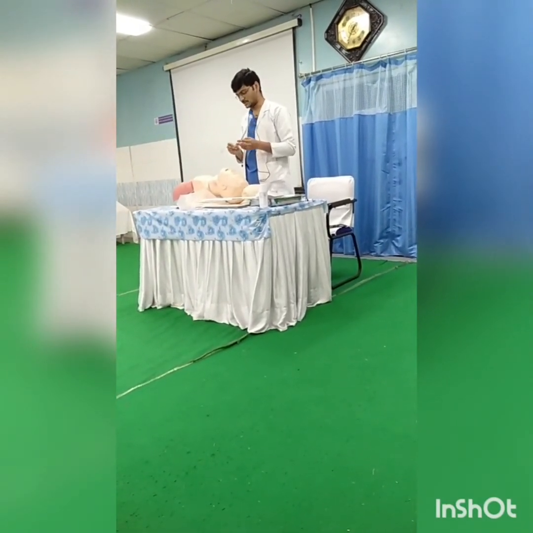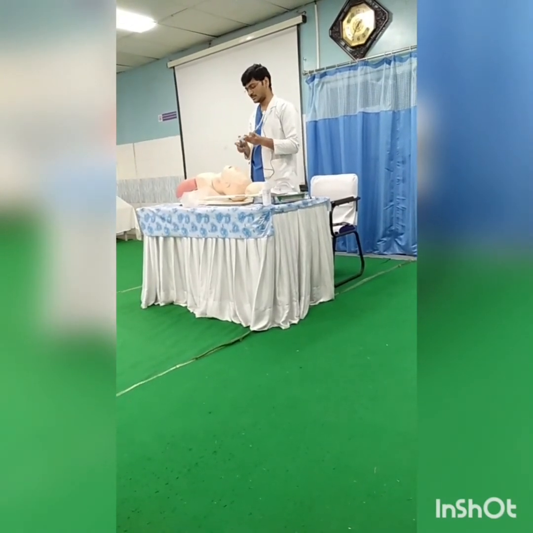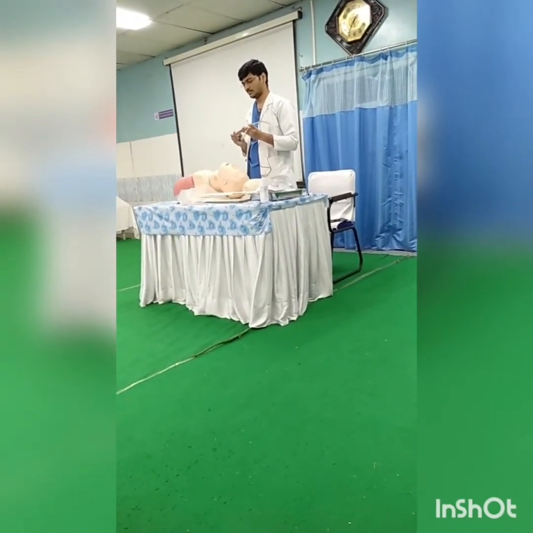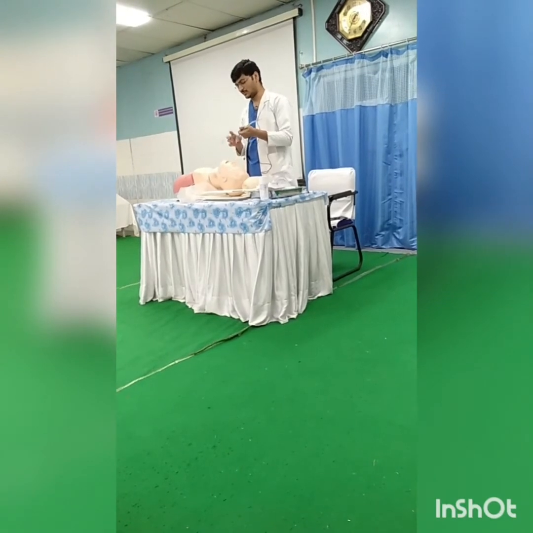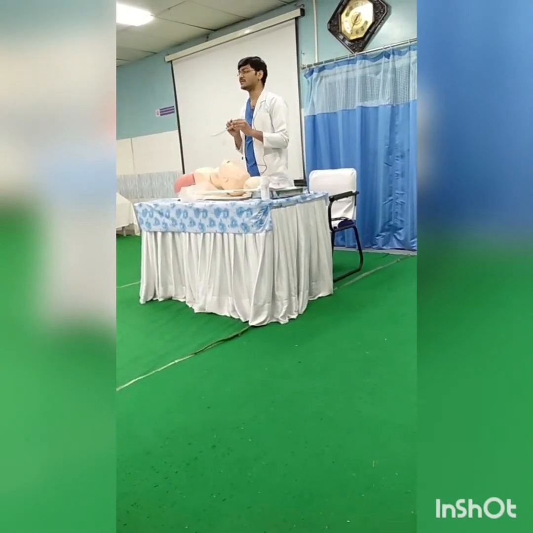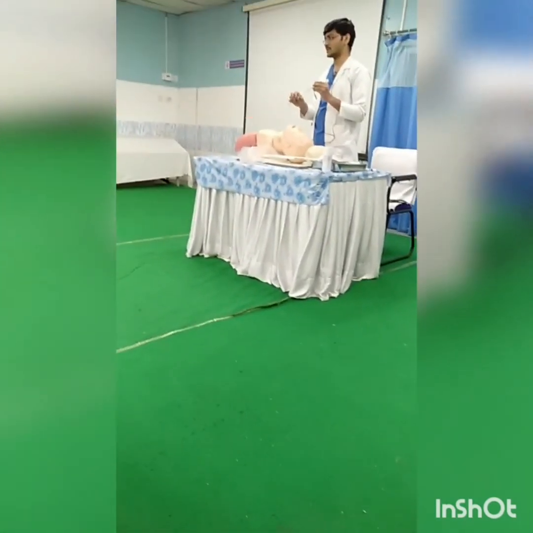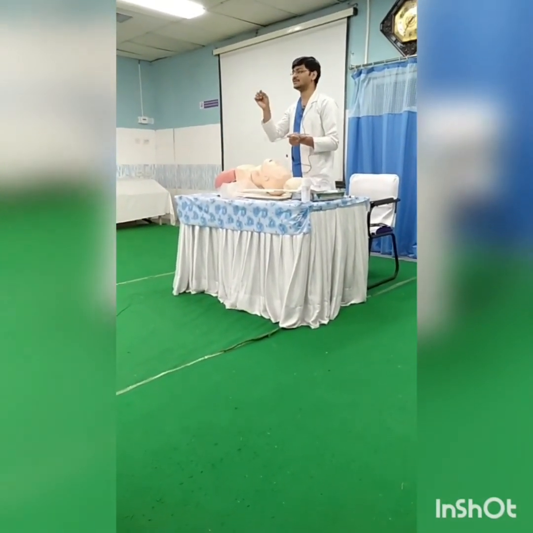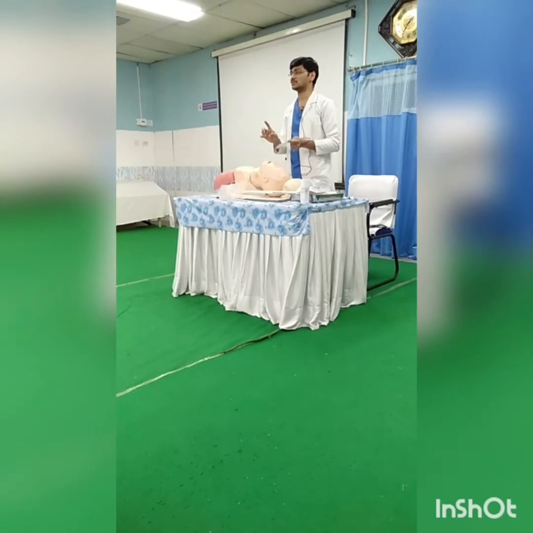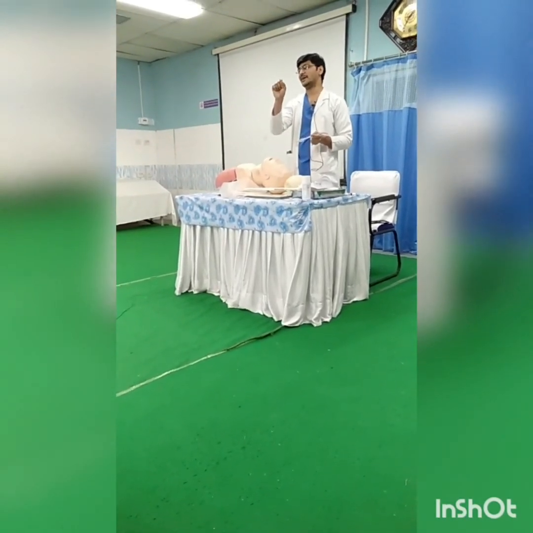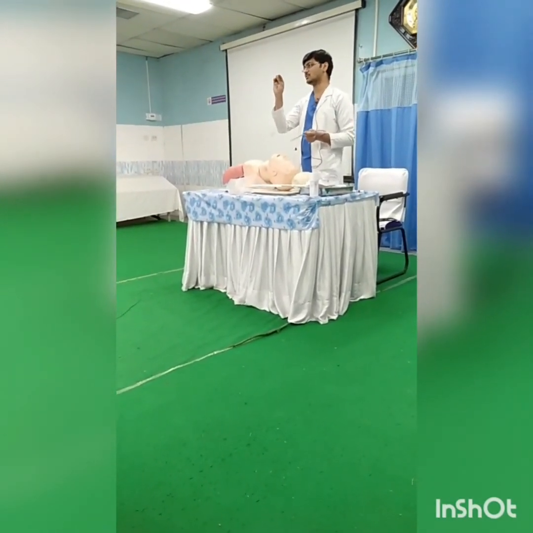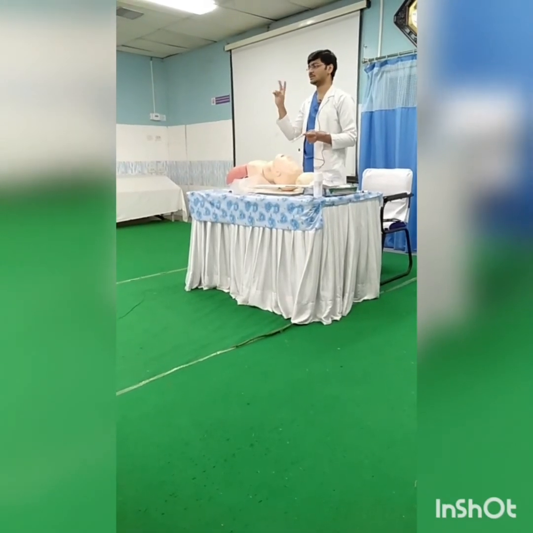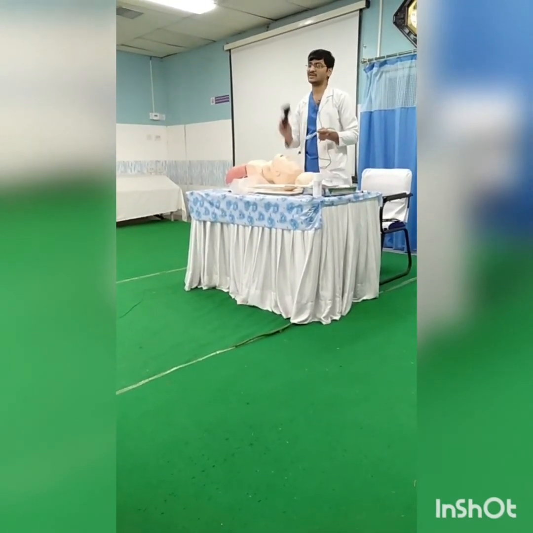The minimal leakage protocol is like this: after placing the tube and inflating the cuff, deflate the cuff just until you are able to hear a minimal leak sound from the mouth, or find a minimal leak of only 10 to 20 ml from the ventilator. These two protocols you can follow in spite of this.